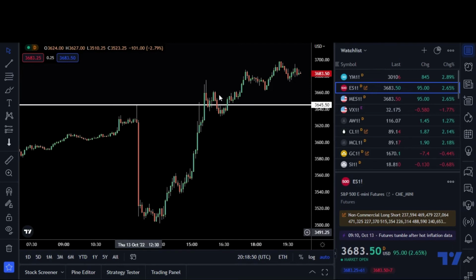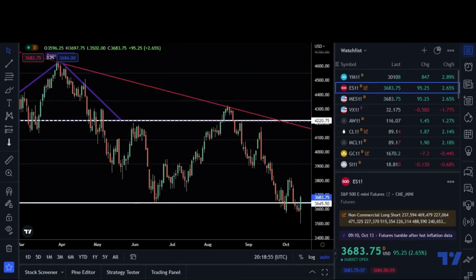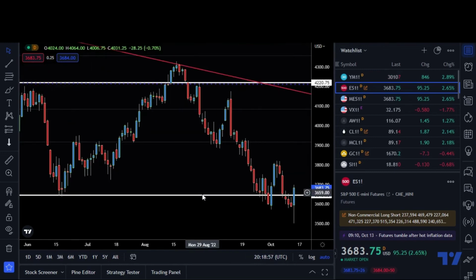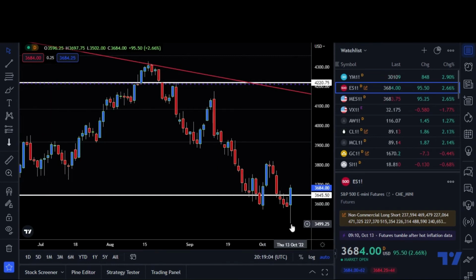But as you see, the market went up, the market went down. But what really happened? Well, the market hasn't even closed yet. Oh, sorry, it did close. It's 4:18. But what really happened is it faked everyone out. It went all the way down, and the sellers actually came in towards the middle of the day,